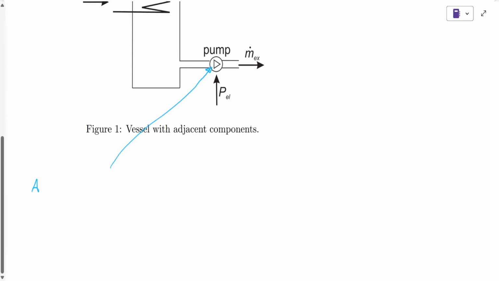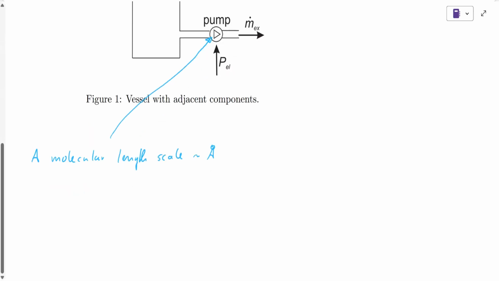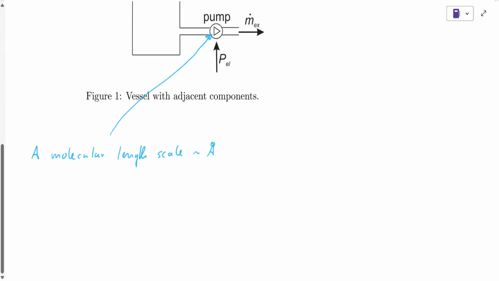So you have a molecular length scale, and the characteristic size is about several angstroms. That means that your control volume has only several molecules,